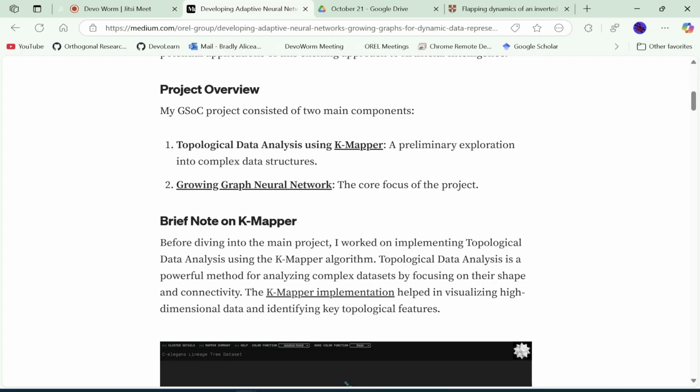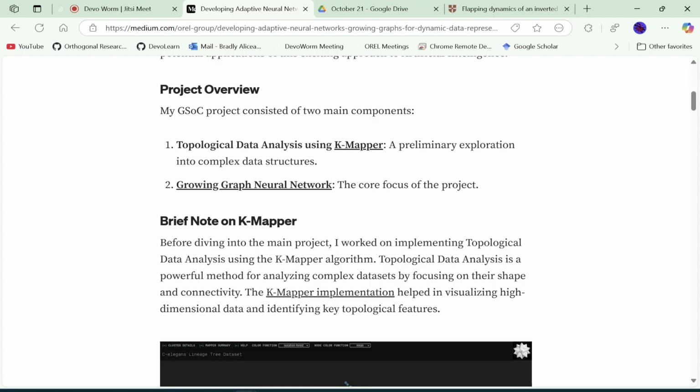So actually, I think Himanshu Shogul, I think it was last year, worked on the TDA using KMapper. He kind of played around with it a little bit at the end of his project, but didn't really get very far. And Paki also did this at the beginning of her project, but there's a lot more to do here. I don't really know if that could be the focus of a project, just that or what, but I'm really intrigued by some of the work that's been produced. You just need to go in a more formal direction for that.